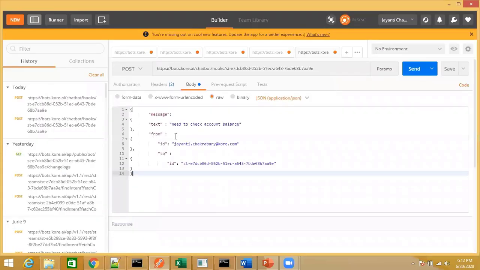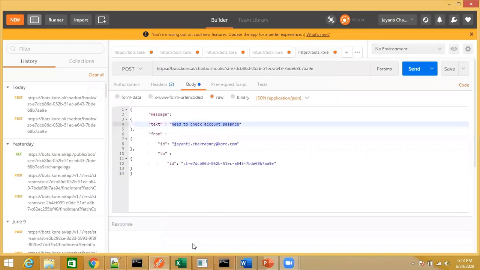You can see message. Within message you have the text, and in the text put in your utterance which you want to send to the bot, from followed by the ID of the user who is sending this request, to followed by the ID of the bot to which you are sending this request.